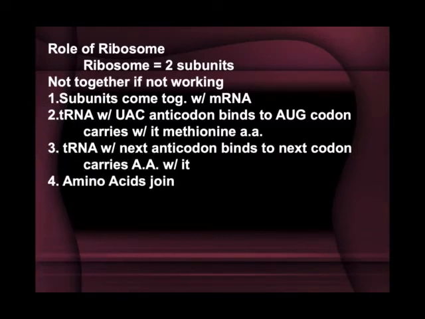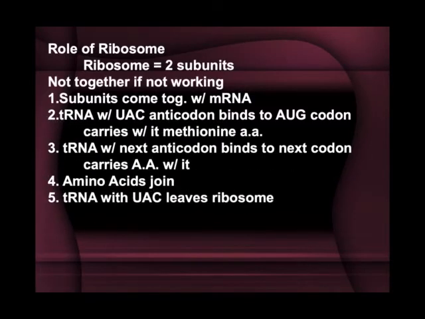Then the amino acids on the tails join together, which is great because we want a whole string of amino acids joined together. The first tRNA, which had the methionine attached, now gets kicked out. The bun shifts down the mRNA, and it reads the next